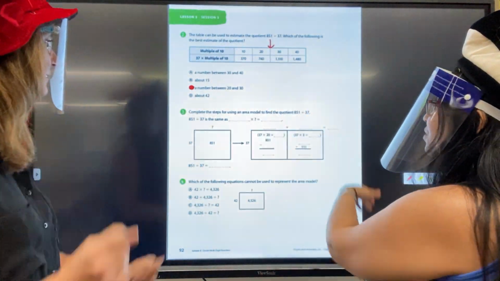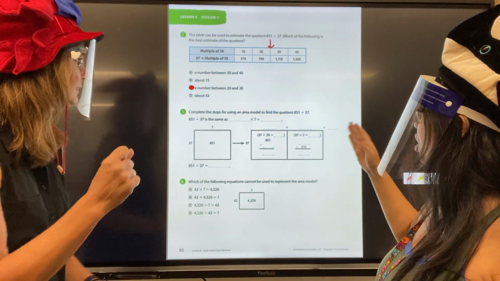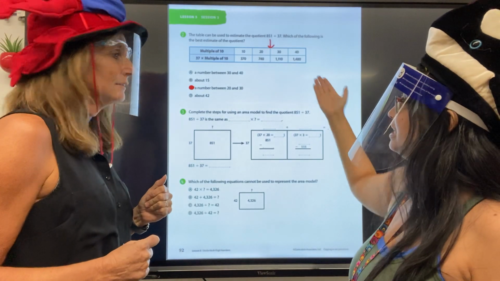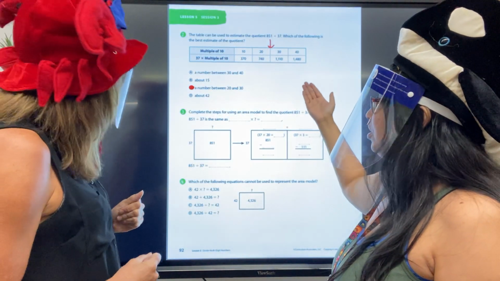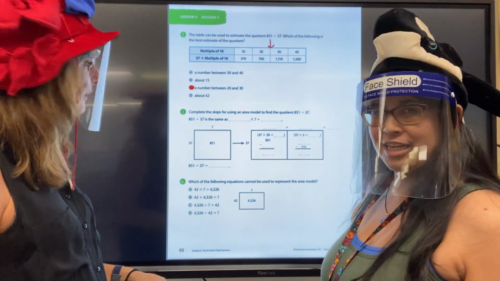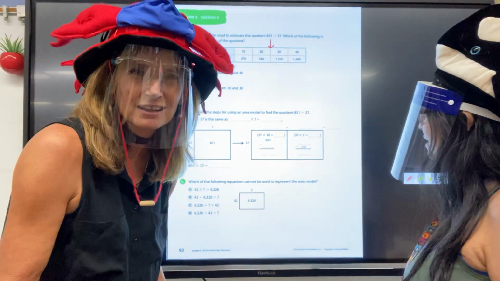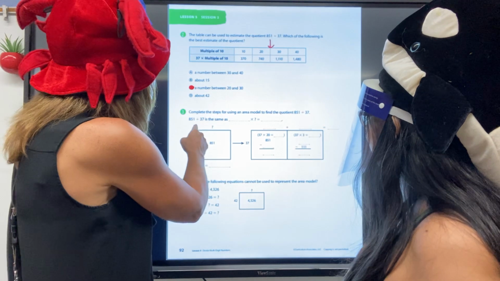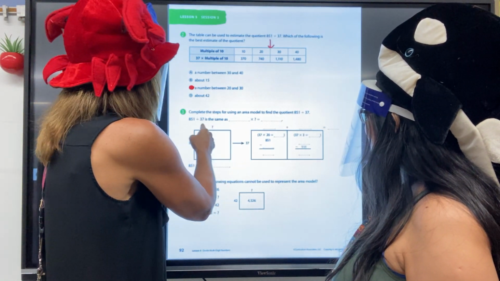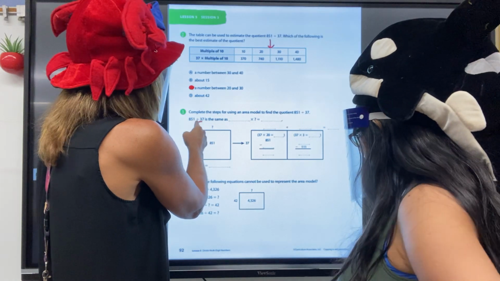Complete the steps for using an area model to find the quotient 851 divided by 37. Oh, how nice. They started us on our path. We know about where to start. Thank you, textbook. They haven't done many nice things like that. Well, it looks kind of like the first thing they want us to do is show that relationship between division